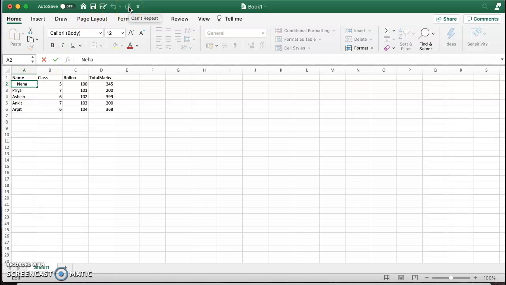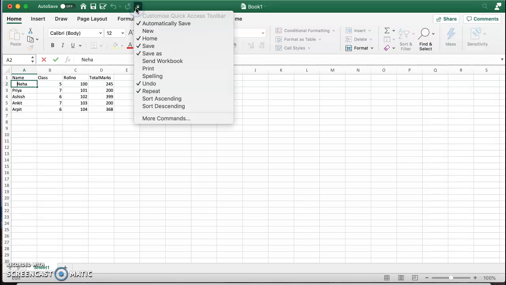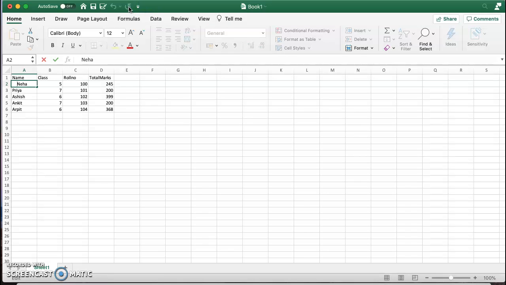And in the same way we have this redo button, which is actually giving can't repeat, right? But it actually means redo. So the things are coming a little different here because this is iOS, but in your system this will be undo and this will be redo, right?